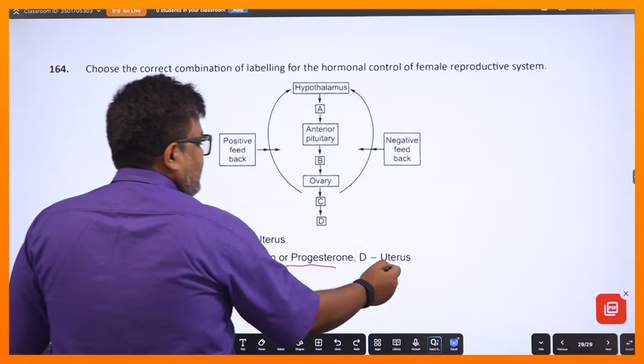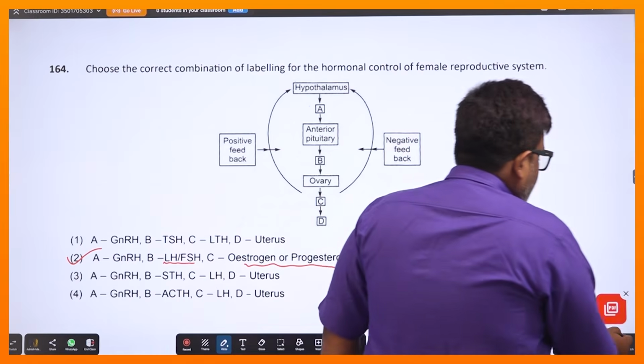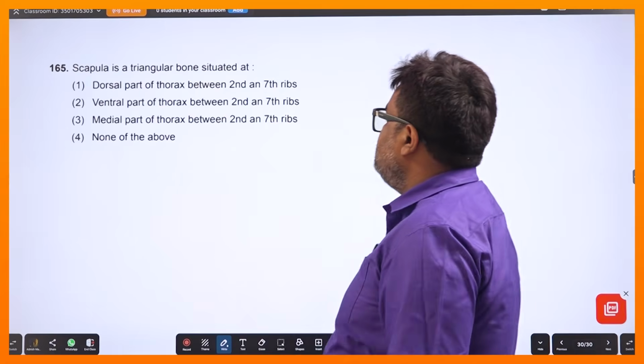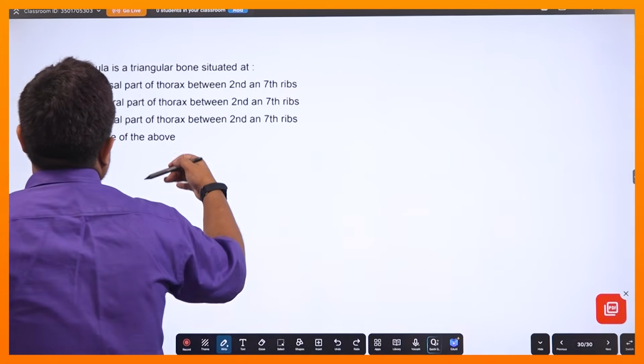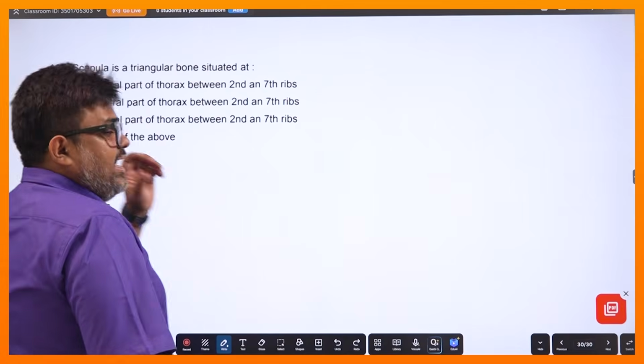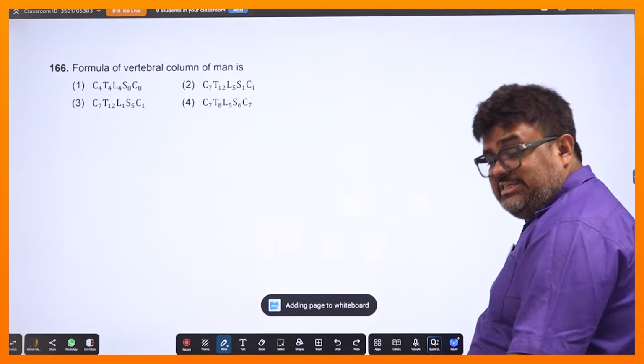তো কাজেই এটা পুরো লাইন ধরে এটা যাচ্ছে। সো দিস ইজ মাই আনসার। নেক্সট যদি আসি, স্ক্যাপুলা ইজ আ ট্রায়াঙ্গুলার বোন সিচুয়েটেড এনসিআরটি লাইন ডরসাল পার্ট অফ দ্য থোরাক্স। ডরসাল মানে পিঠের দিকে, বিটুইন দ্য সেকেন্ড এন্ড সেভেন্থ রিব। এনসিআরটি লাইন থিওরিটিক্যাল কোয়েশ্চেন, এর পিছনে টাইম ওয়েস্ট করা at this point of time